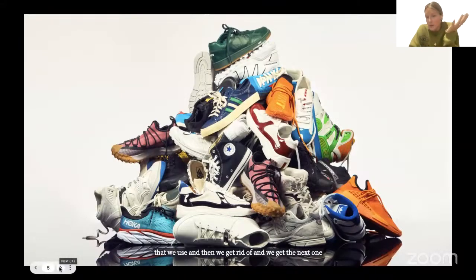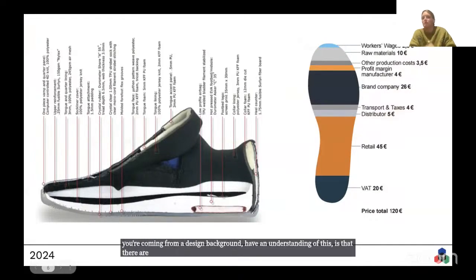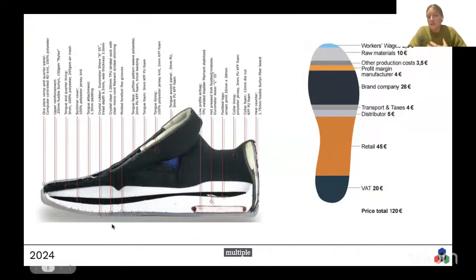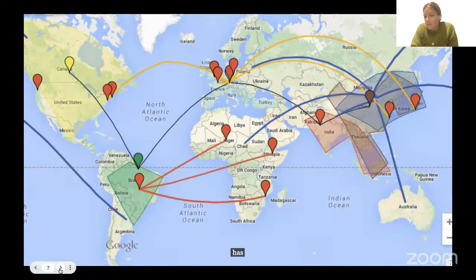What we also kind of know about this product, and I think most of you, if you're coming from a design background, have an understanding of this, is that there are multiple materials, multiple processes, multiple ways in which this product is actually an example of how extractive and manipulative our current design paradigm and production paradigm is. So the humble sneaker has material from various locations across the world that are shipped to a single location to